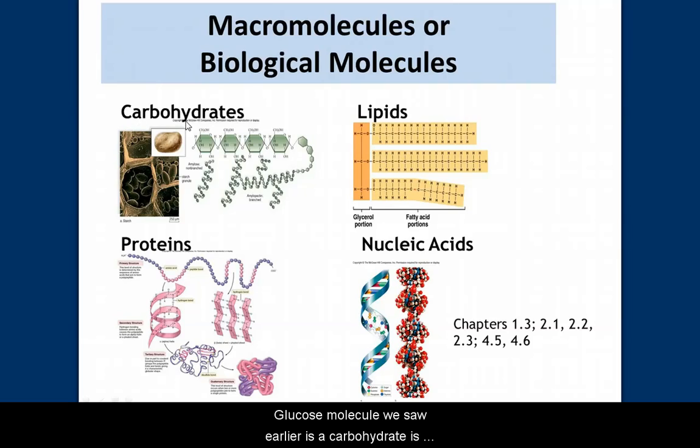The glucose molecule we saw earlier is a carbohydrate. It's a very simple carbohydrate, very easily broken down for energy. And this is representing a more complex carbohydrate like a starch. Okay, and then lipids, see how complex that molecule is. These are called macro because they're very large molecules, proteins and nucleic acids. So you had atoms to molecules to more complex molecules such as carbohydrates, lipids, proteins, nucleic acids that give rise